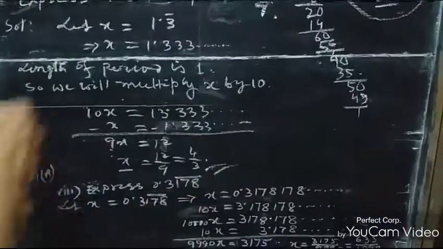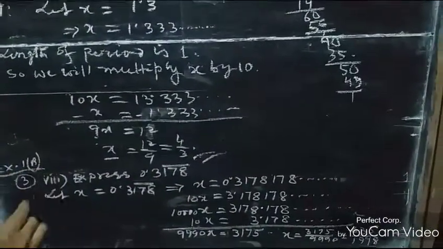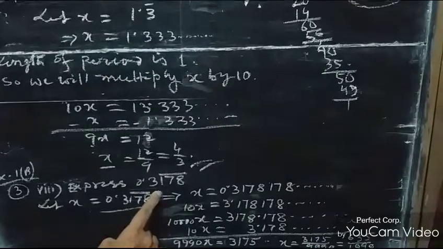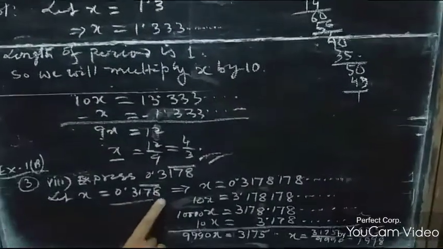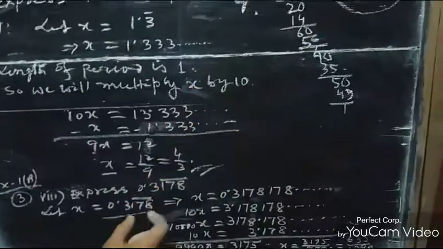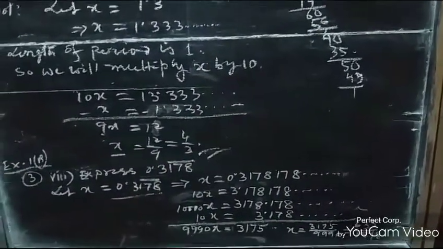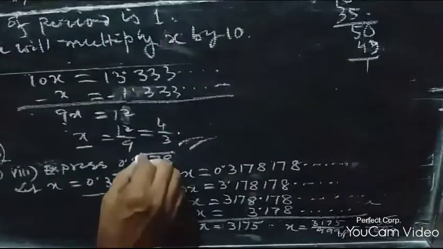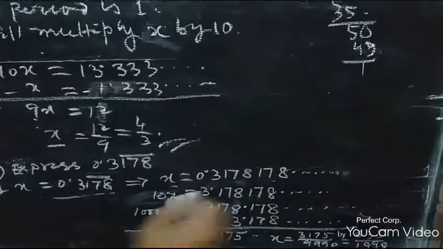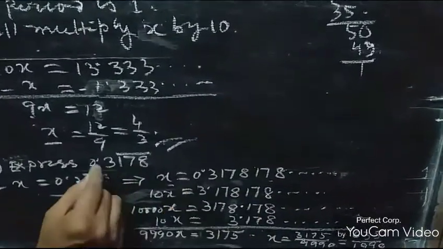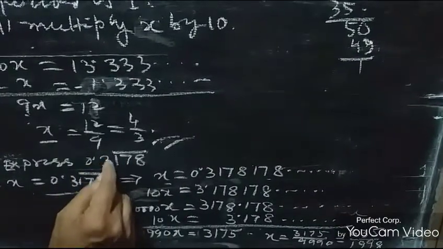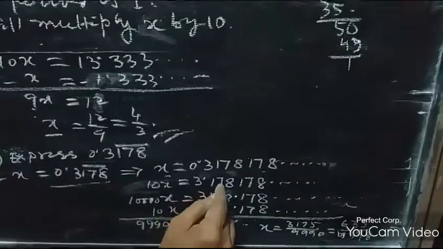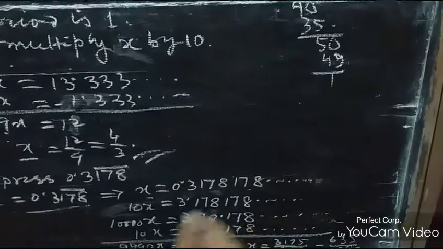We are taking another problem from your exercise, exercise 1B, number 3.8. It is a little bit bigger number. I am showing you how to do this kind of number also, where there is a recurring part, that is the period, as well as some digits after the decimal point before the recurring part. Here it is given 0.3178 recurring. Here x equals this. Since there is one non-recurring digit after the decimal point, we need to multiply by 10, so 10x comes to 3.178 recurring, because 178 is the recurring part.